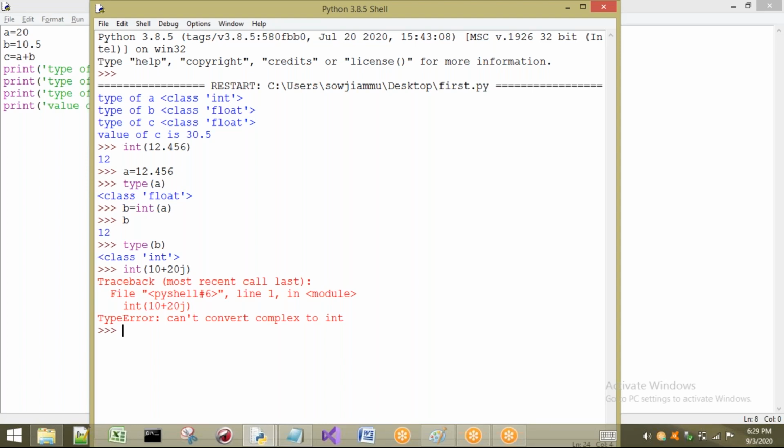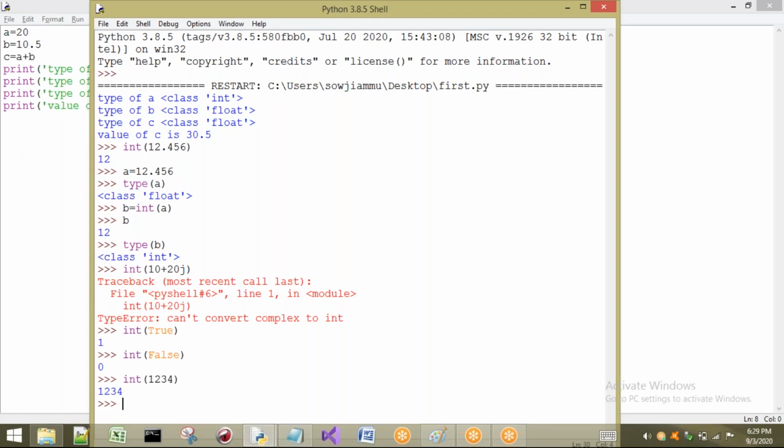Now I want to convert boolean type into integer. Bool type means what are the different literals we can have? Only True and False. So int of True, already we know True is nothing but 1, and False is nothing but 0. So directly we can write, no problem. Next, this is about bool. Now I will take int of 1234. 1234 is an int number only, nothing to convert.